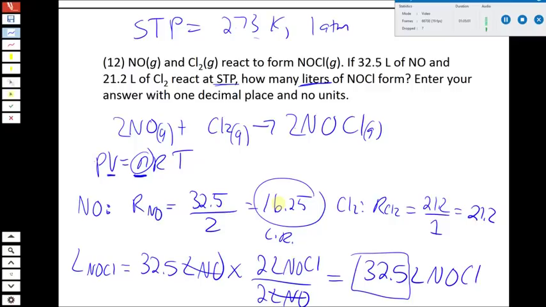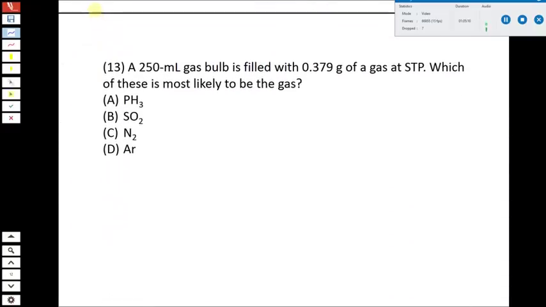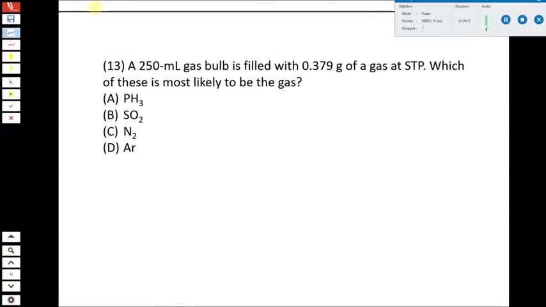All right, questions on that? All right, so that's, again, a shortcut method that can save you a lot of time in some of these gas phase reactions. All right, number 13 deals with a